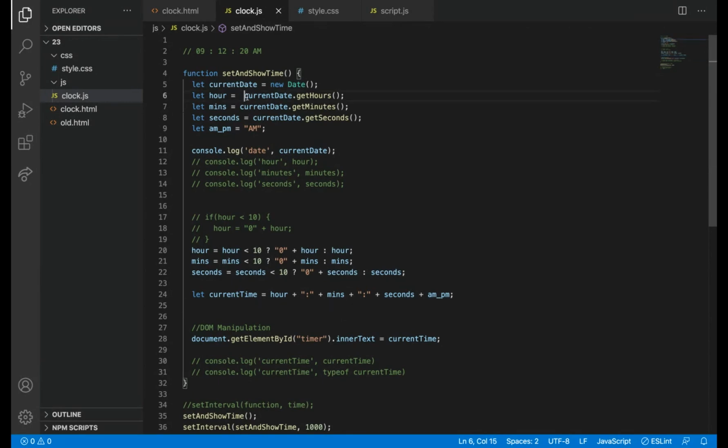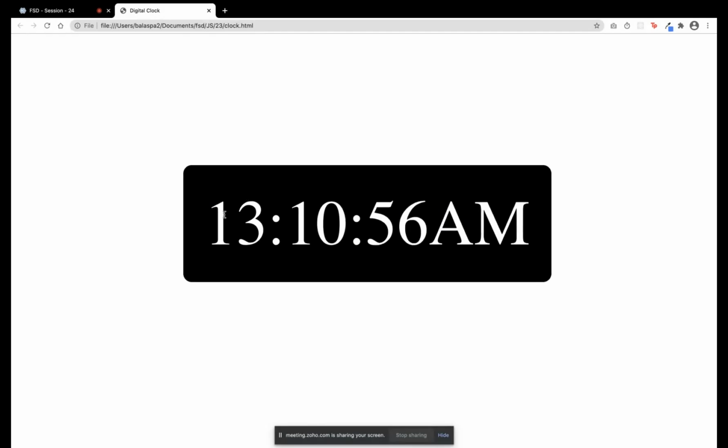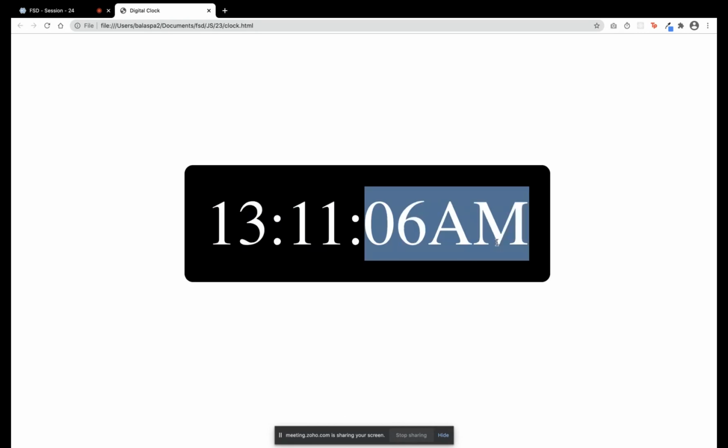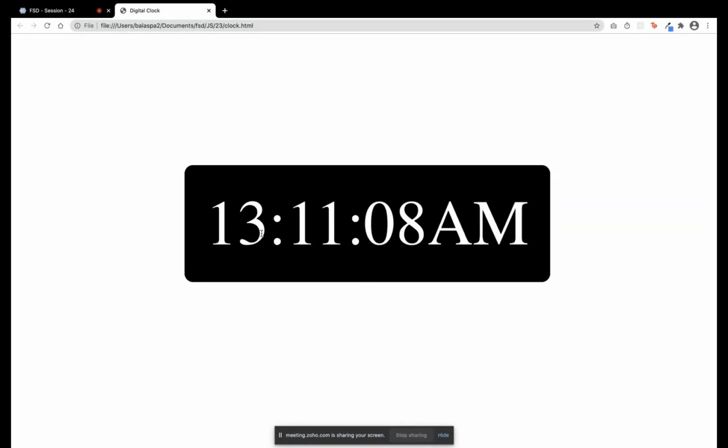say if my hour is 13. Now what I want is to show this as 01 and then PM. We will see this PM and AM later. For now, what I want is, if my value is 13 or 14 or 15, I want to convert it into an Indian clock time, not as railway time.